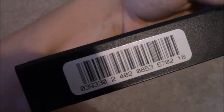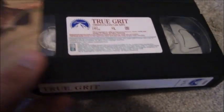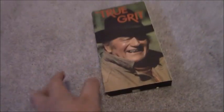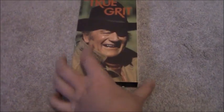Sticker label, end label. 32nd week of 1995, and it has a boring barcode, so this one will probably actually have nothing at the end, unlike the first two tapes. So that's kind of weird. So this must be a 1995 reprint of this box set, but the only tape that was reprinted was True